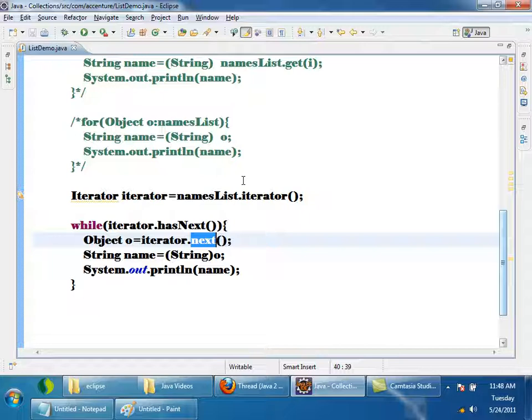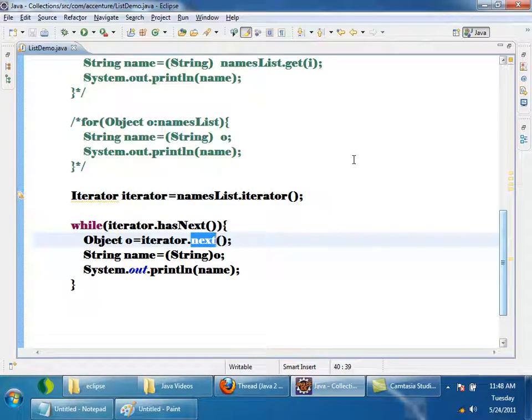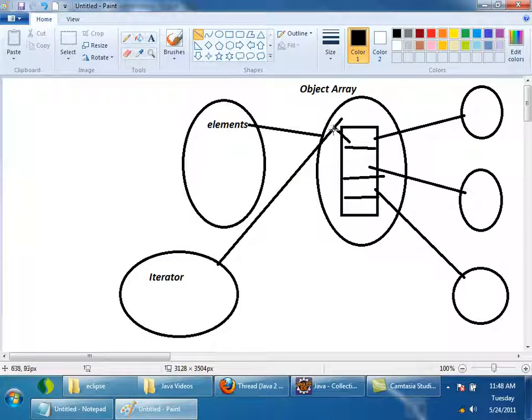Again in the loop, iterator.hasNext is called. Now the Iterator is pointing to the 0th element. It will check whether the first element is there or not. If it is there, it will return true. And again I am calling iterator.next. It will update the Iterator to point to the first element now and return the element. Like that, it will go till the end.